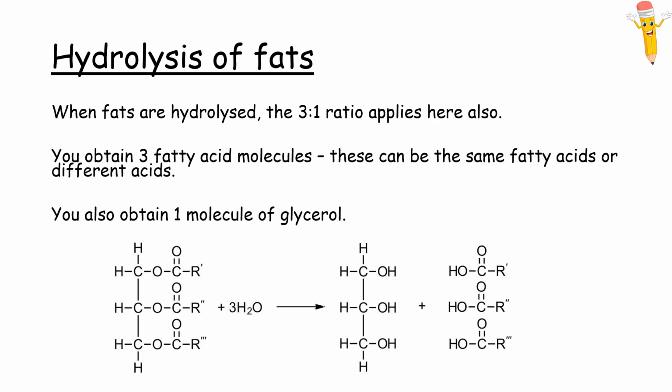So looking at this, if we know fats and oils are made through condensation reactions, how do we break that back down? We break that back down by adding in water through a hydrolysis reaction. In the hydrolysis of a fat, you get a 1:3 ratio, so you're going to get 1 molecule of glycerol and you're going to get 3 fatty acids back. Why am I getting 3 fatty acids? Because I have reacted 3 fatty acids in the first place to get my fat or my oil. So it's a 1:3